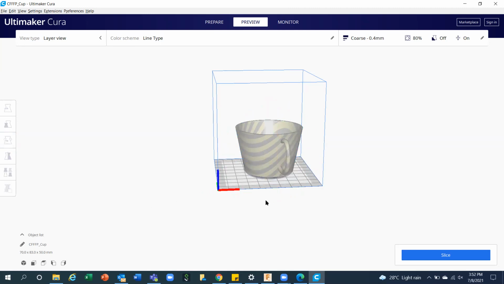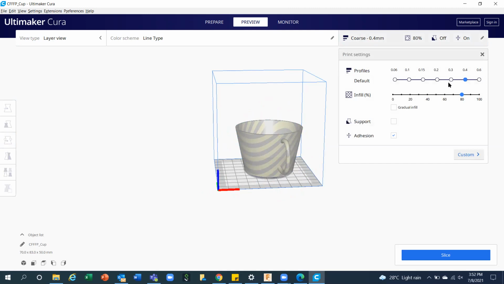If not, that's fine. After doing all this, you can do some settings, like what your nozzle diameter is. That is the specification of the machine. That may be 0.2 mm, 0.4 mm, 0.3 mm. So I can take 0.4 mm, and then what material you want to fill, whether it is 20%, you can create this entire model with 20% of material, 40% of material, or 100% of material.